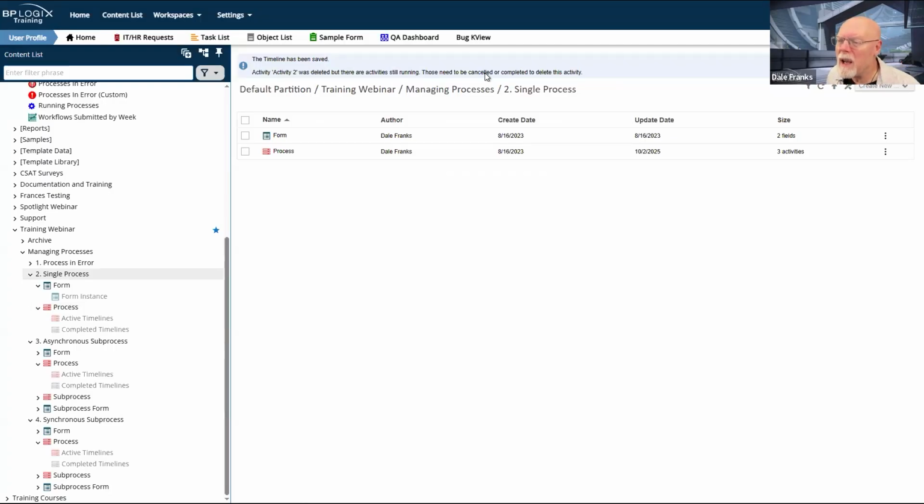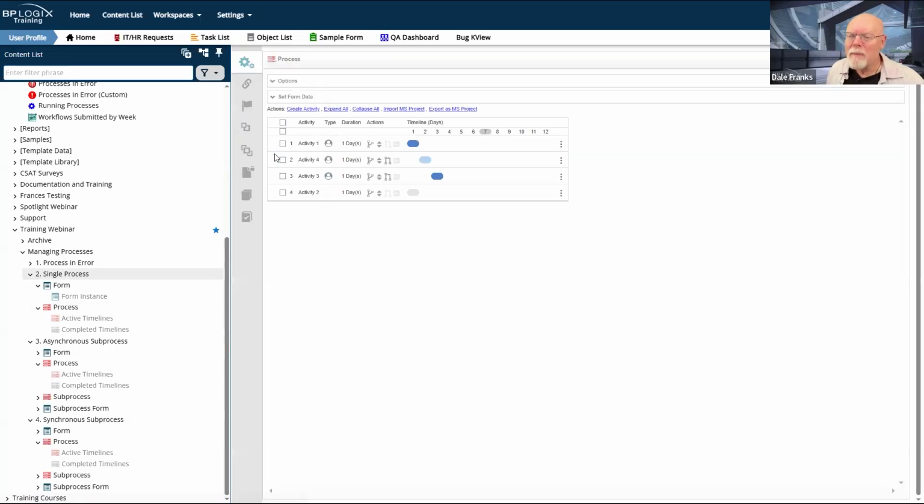Those need to be canceled or completed to delete this activity. What does that mean? Let's open it up. Oh, activity 2 actually is still here. It exists, but it exists in this weird limbo state. Activity 2 is going to remain as an active and valid activity.